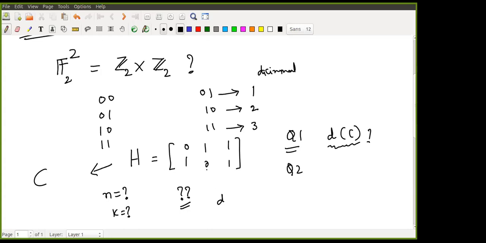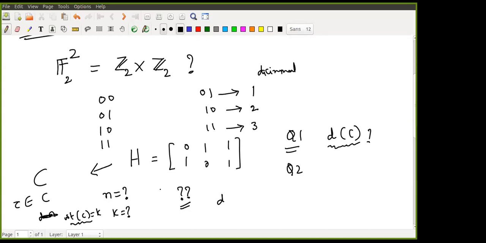So I gave one result actually. If, for a codeword c in the code C, the weight of c is equal to some k, then I can produce k linearly dependent columns in H. And similarly, the converse: if I have k linearly dependent columns here, I can have a codeword whose weight is less than or equal to k. This theorem I proved.